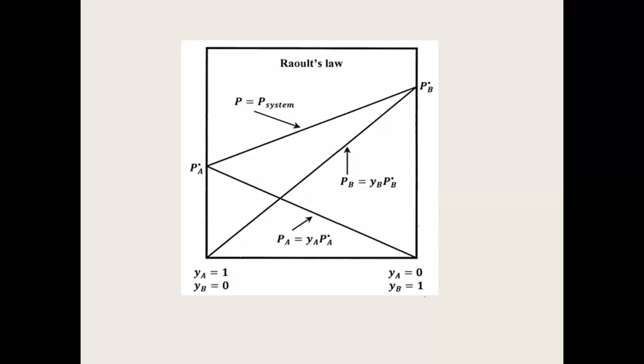So next class, we are going to start with the discussion on non-ideal solutions and see how and why this linearity is distorted. Okay, fine. So I think we have discussed ideal solutions, and